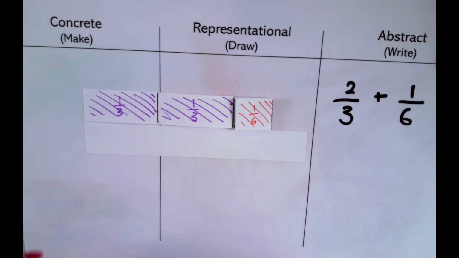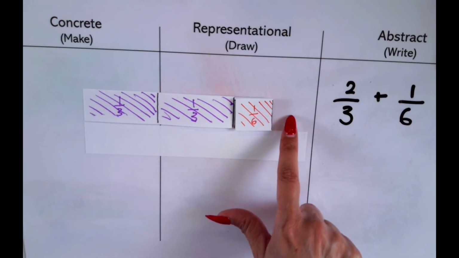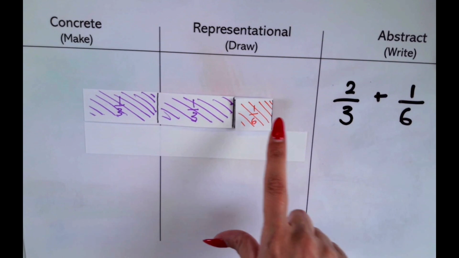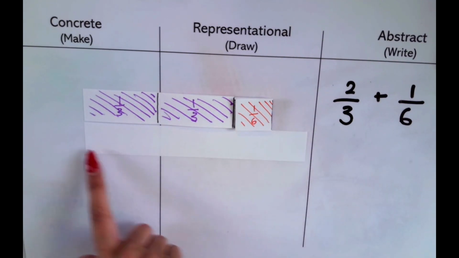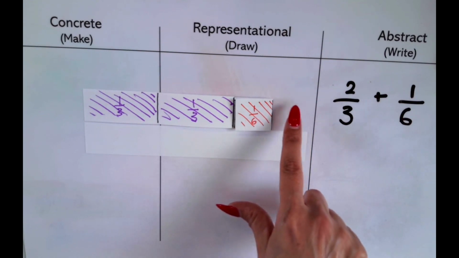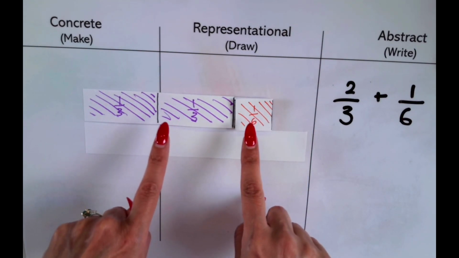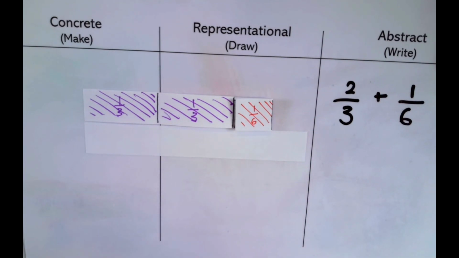And if we compare it back to our whole, we can see that it's less than a whole, obviously, but we don't know how much less because these two fractions are different in size. So when we're adding two fractions that are different sizes, we really struggle with how to actually process